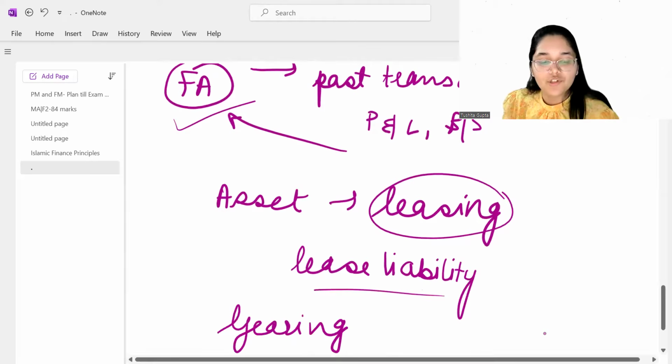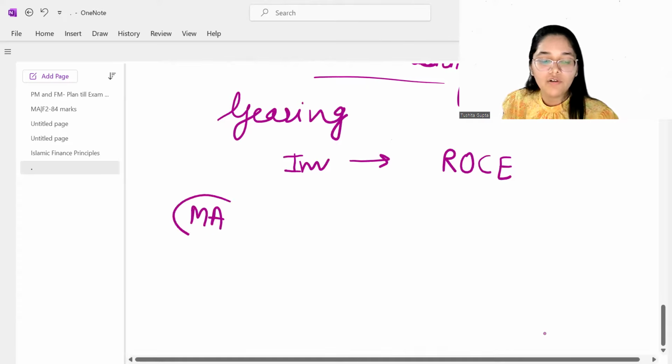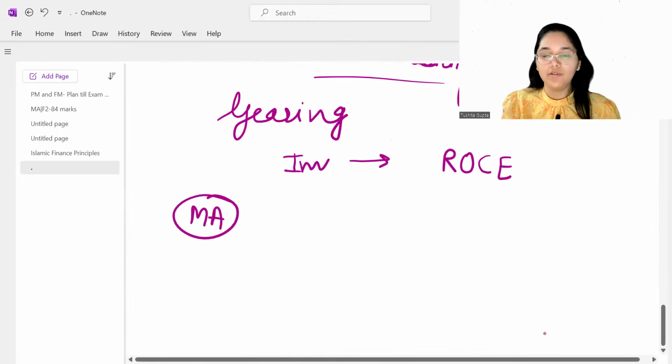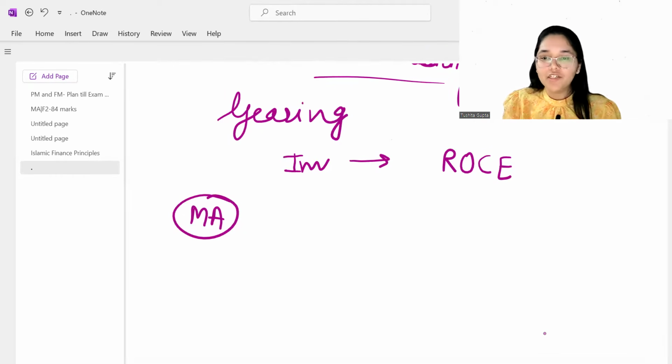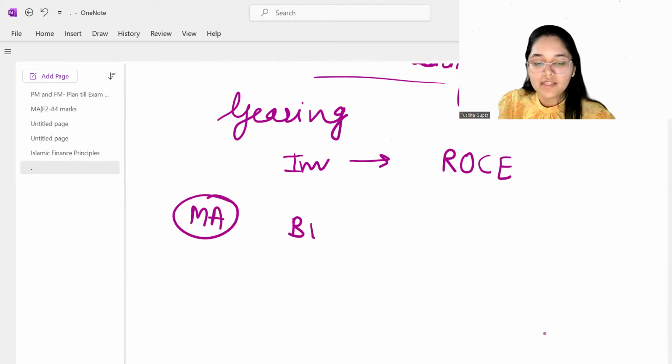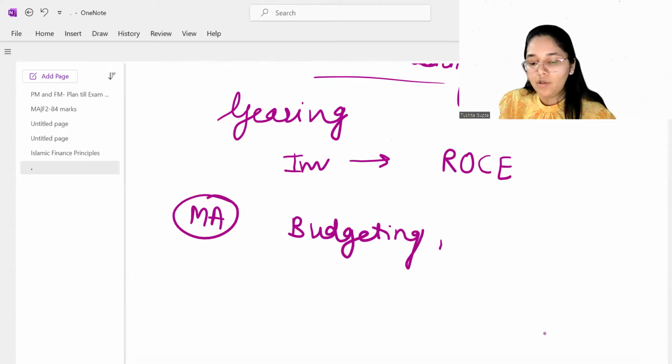Now let's move to management accounting. How are management accounting and financial management related to each other? So when it comes to management accounting, there are multiple things that we do. For example, we do budgeting in management accounting. We talk about the funds that are there with the business. So whatever is